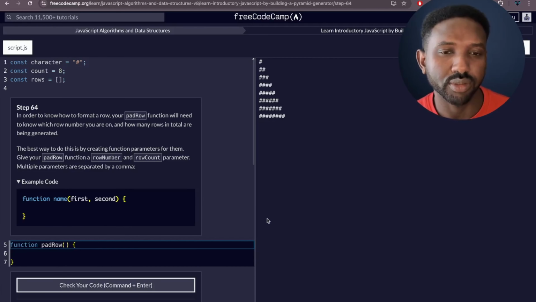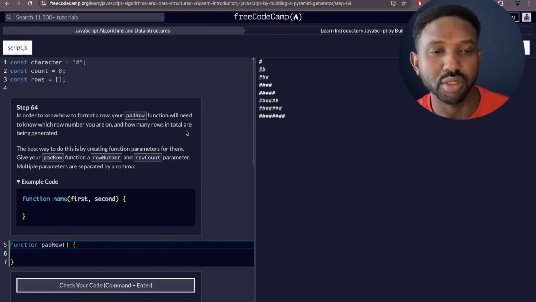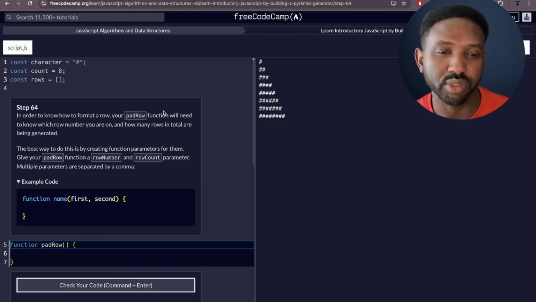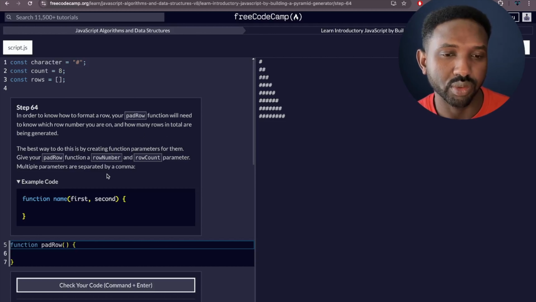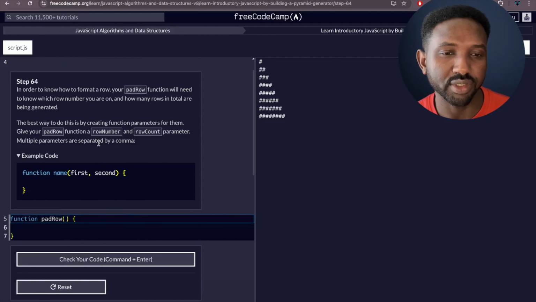In this challenge, it will explain that now, for example, you need to generate a list of rows, and each row needs to be repeated a specific number of times. So to do that, we can update the current function bad row to have two parameters, one row number and second one row count, so as to know which row we are in and how many times it should be repeated. So it's asking us to update this function to have these two parameters, and to separate more than one parameter, you can use a comma between them, row number and row count,